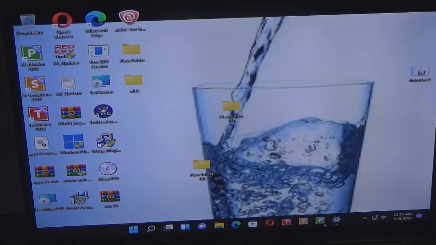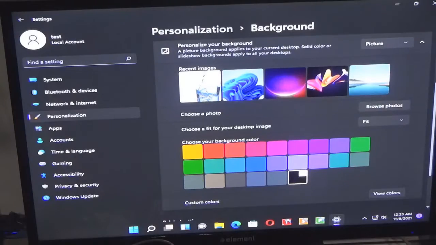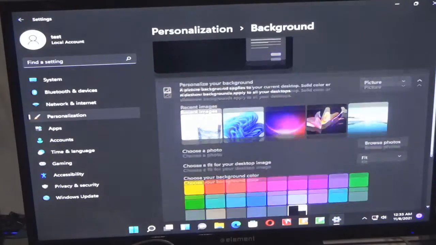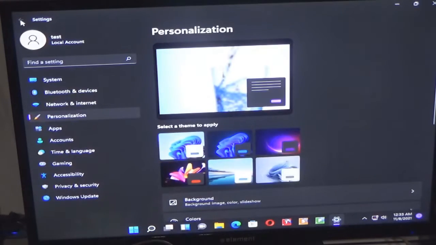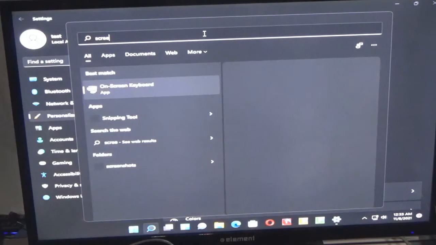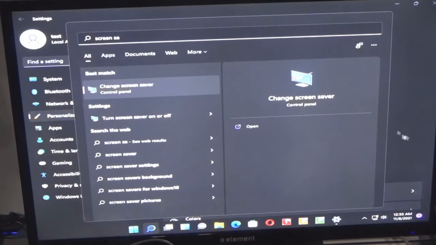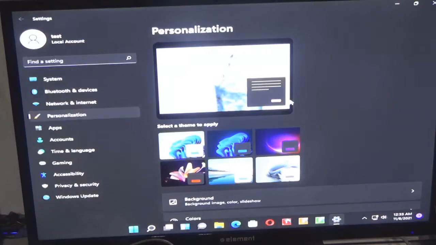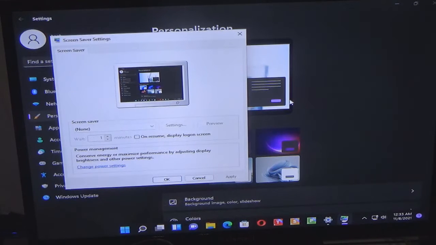All right, so if we go back here, I'm going to search and I'm going to type screen. Yes, there are other options to use to get to that point. I just like to take the most simplest route. So, looking at the screen,